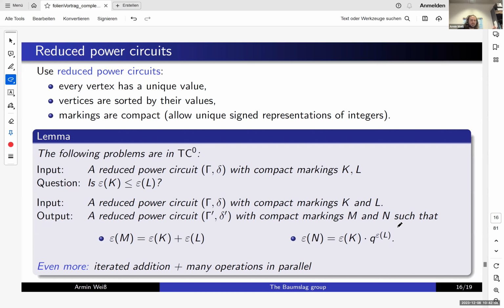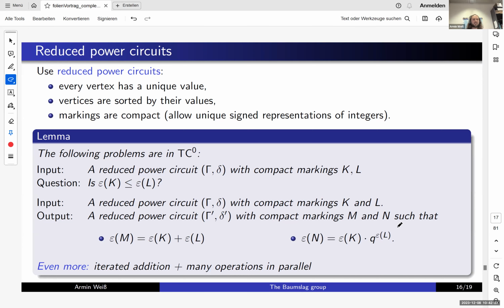So this is really important because usually if we use binary numbers, you can compute 3 plus 5 and 10 plus 11 completely independently. They don't have to do anything. But now if these 3 and 5 and 10 and 11 are like pointers to the same power circuit, then they are not independent anymore. So we really have to do something to still be able to do them independently in parallel.